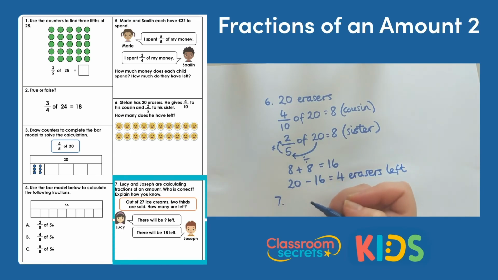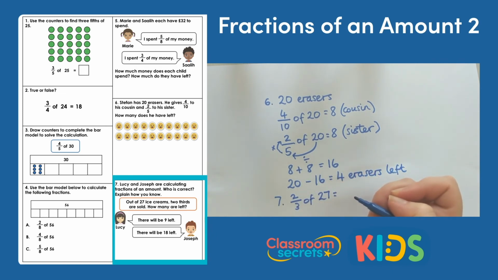For question 7, Lucy and Joseph are calculating fractions of an amount. Who is correct? Explain how you know. The statement says, out of 27 ice creams, 2/3 are sold. How many are left? So if we work out what 2/3 of 27 is,